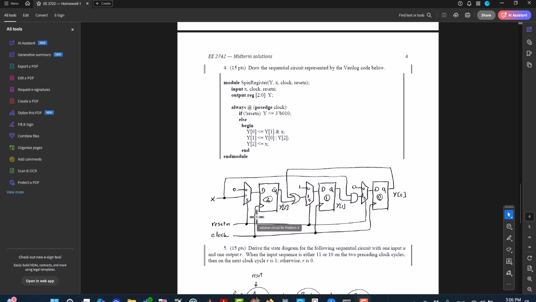This reset in is just a variable name. So this would work exactly the same, and it always is just a variable name. So this would work just the same if I had